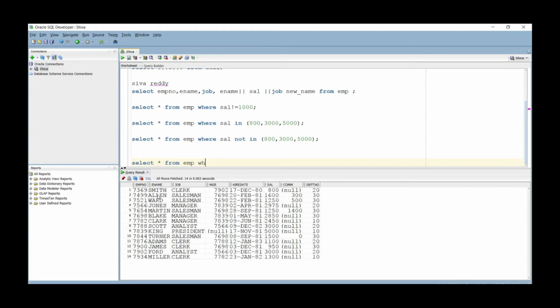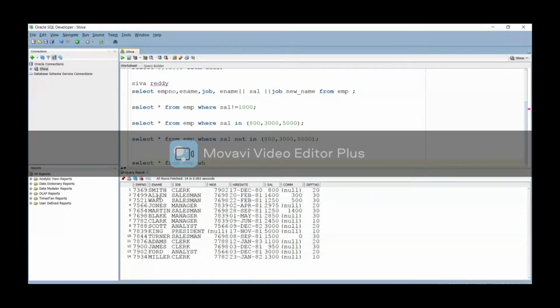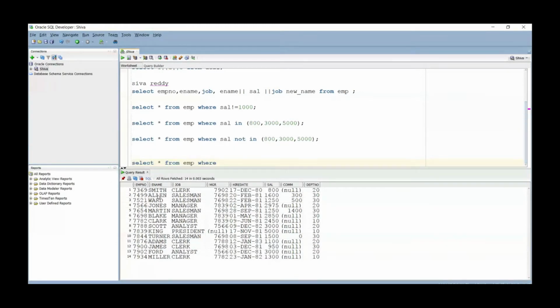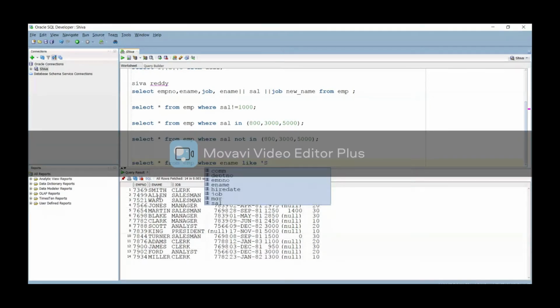Any name in a particular format, you are going to search for the pattern, not the entire string. You are not going to search with the entire name; you are going to search with a particular pattern. So how will you search for a particular pattern here? We have the like operator. Like is the pattern operator. So ename like 'S'.